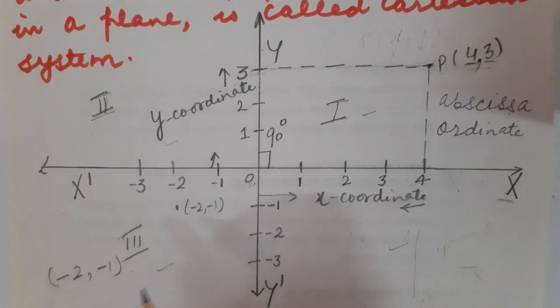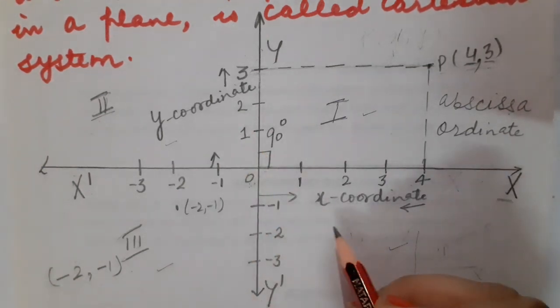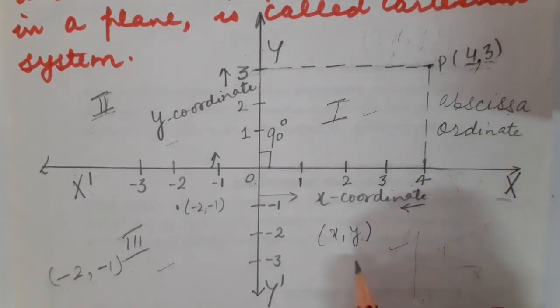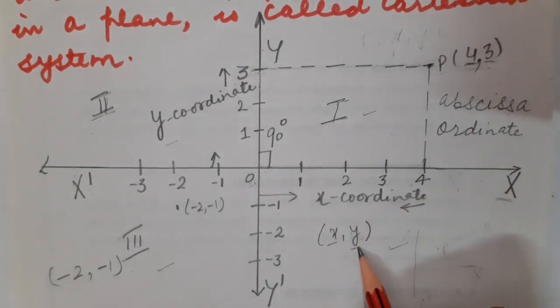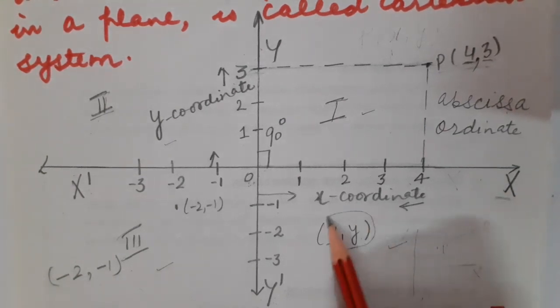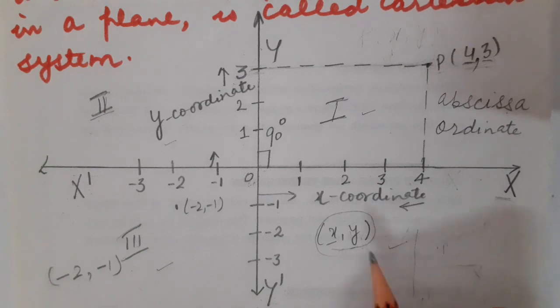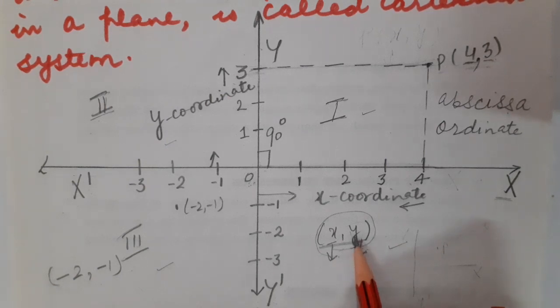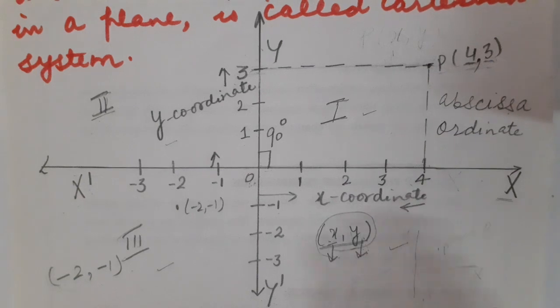Coordinates x and y taken together are always known as Cartesian coordinates. For example, if I have written x, y, then children, they are nothing but the Cartesian coordinates, or you can call them the coordinates of a point, and they are always denoted by x, y. Here x is abscissa and y is ordinate. And this is always called an ordered pair. You cannot change their positions, meaning you cannot bring ordinate at the place of abscissa and abscissa at the place of ordinate. That would be considered incorrect.